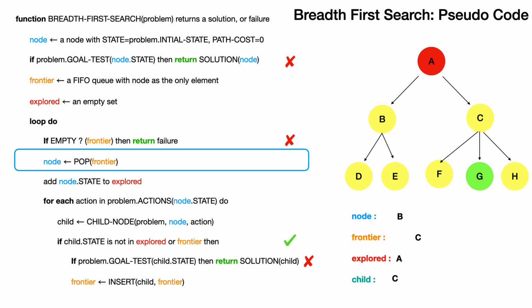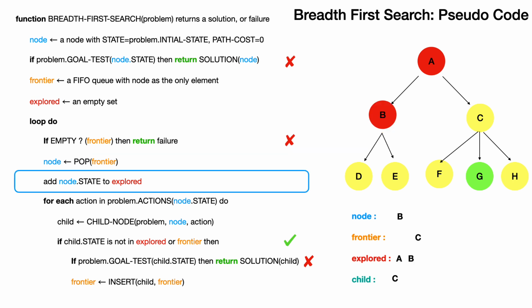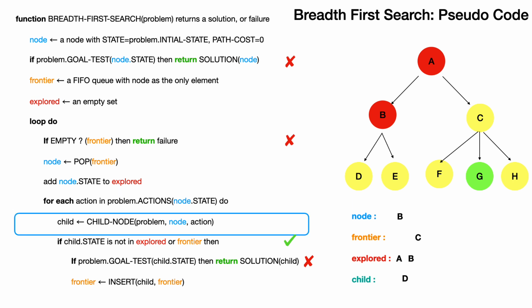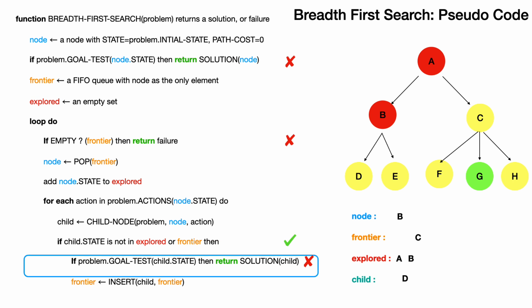So node B has children D and E, so we place node B into the explored nodes because we are about to generate the children of B. The first child of B is D, so this child D is also checked whether it is already present in the frontier or the explored nodes. D is not present, so we test if it is a goal node or not. If it is a goal node, we stop there itself, but it is not a goal node, so we